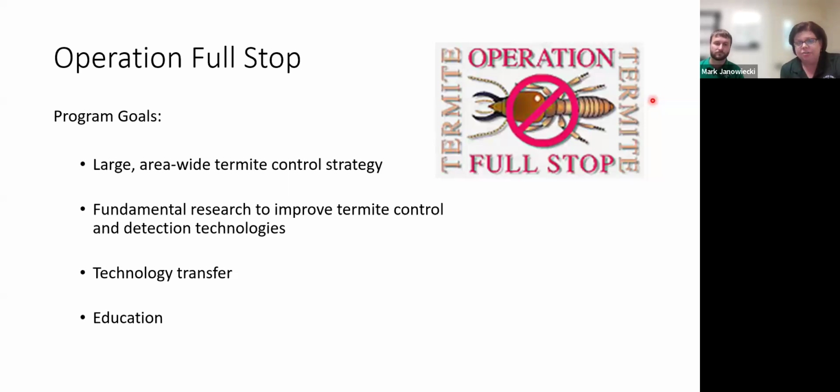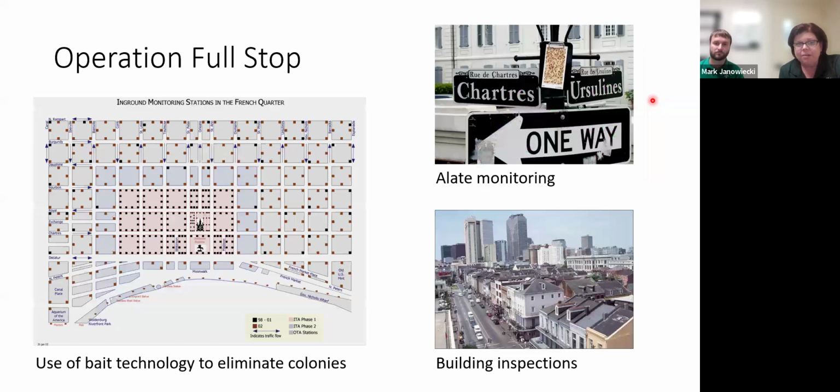There was a lot of technology transfer and education as well. One major component of Operation Full Stop was the use of bait technology. Now, liquid termiticides were also used in this, but a very large component was using baits throughout the French Quarter to eliminate termite colonies. As you can see on this map here, in addition to having in-ground bait stations throughout